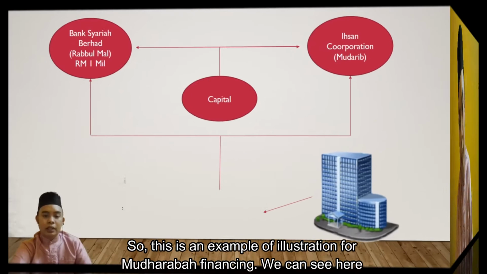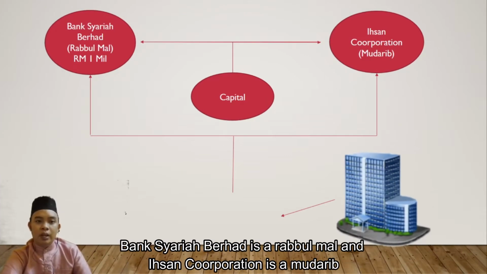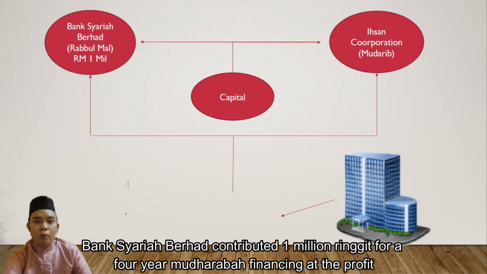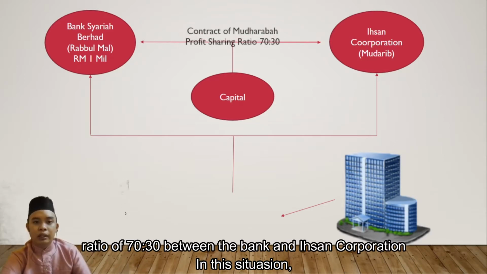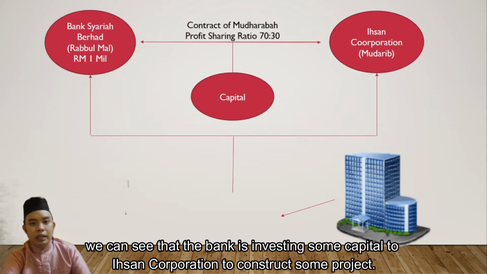So this is an illustration for the Mudharabah financing. We can see here, Bank Syariah Berhad is a Rabbul Mal and Ihsan Corporation is a Mudharib. Bank Syariah Berhad contributed 1 million ringgit for a 4-year Mudharabah financing at a profit ratio of 70-30 between the bank and Ihsan Corporation. In this situation, we can see that the bank is investing some capital to Ihsan Corporation